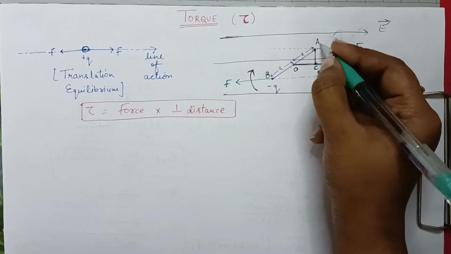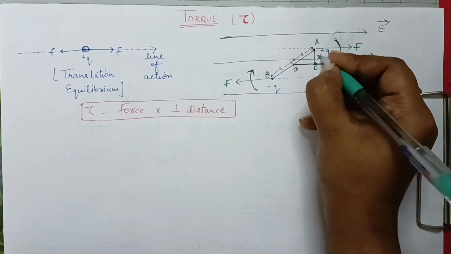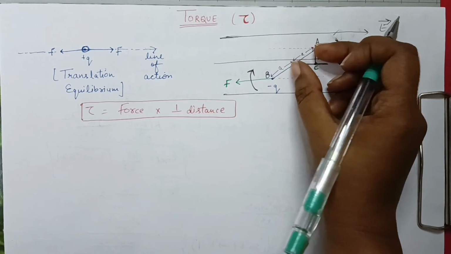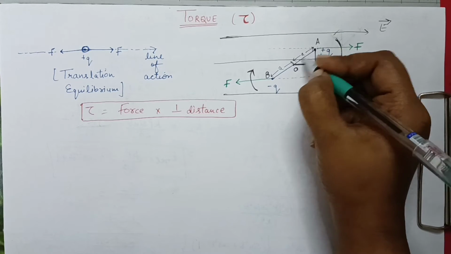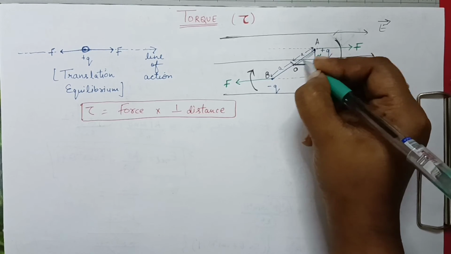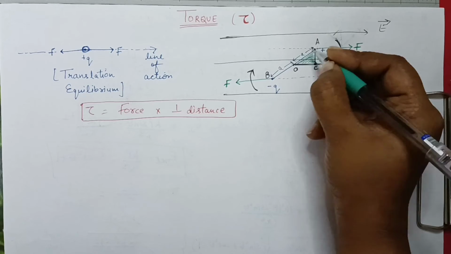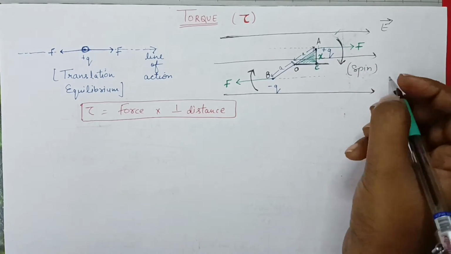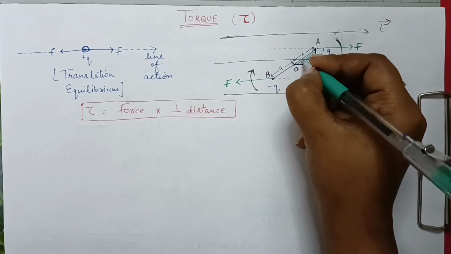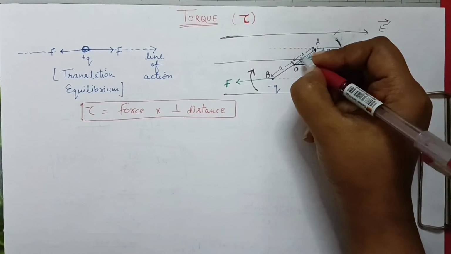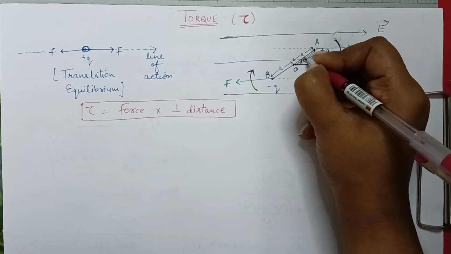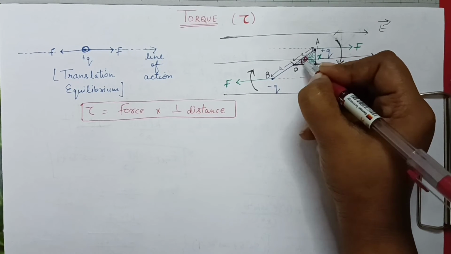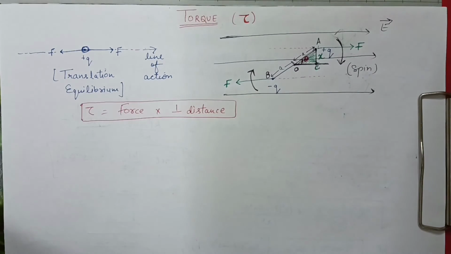This AC distance is, suppose, x. This AC distance is x, and this OA distance we have defined as a. Suppose I'm taking this triangle OAC. In this triangle, if this is angle theta, angle AOC, this is angle theta, then